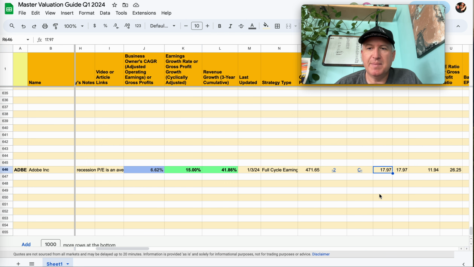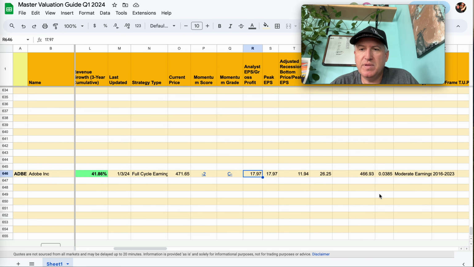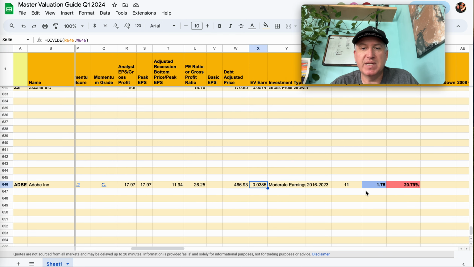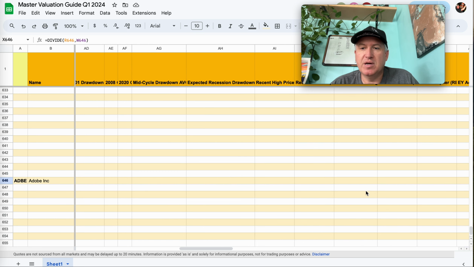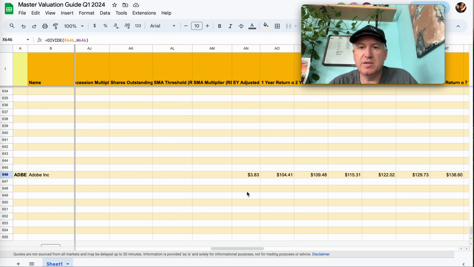Earnings this year are expected to come in at $17.97. I don't think there's too much of an adjustment to make. They don't really have any debt that we can see here relative to their cash anyway. So this is a pretty straightforward analysis where we take the earnings yield, which is 3.85%. That's the inverted PE ratio. And what I like to assume is if I bought this whole business for $100, it would pay me back $3.83